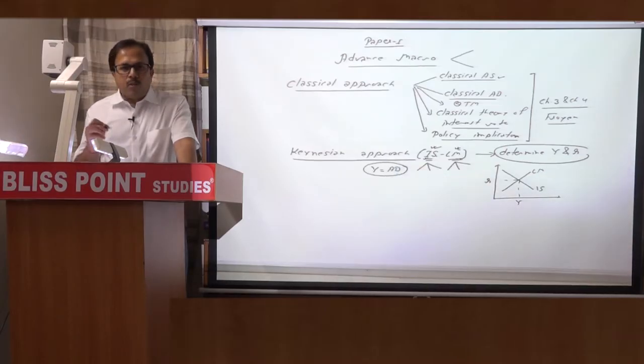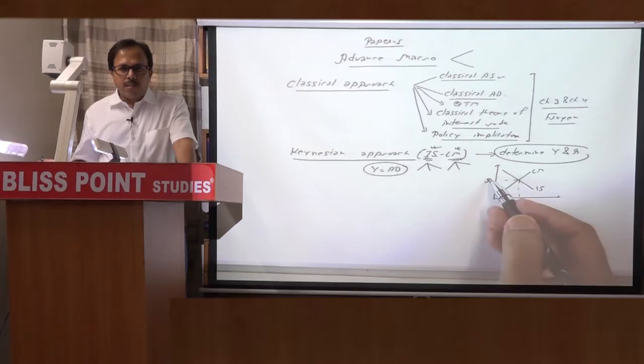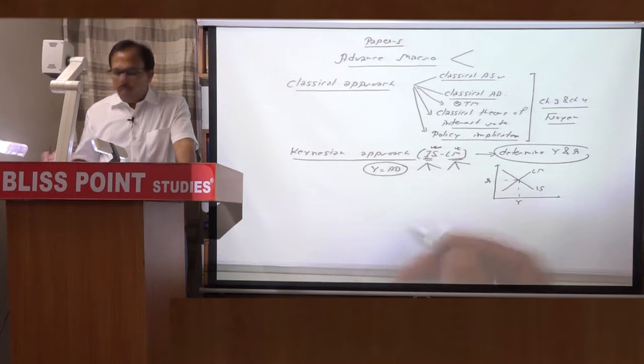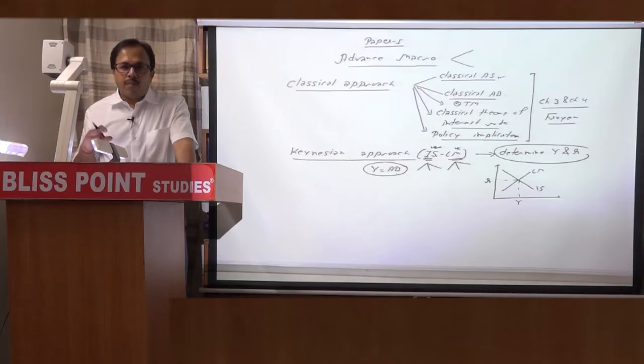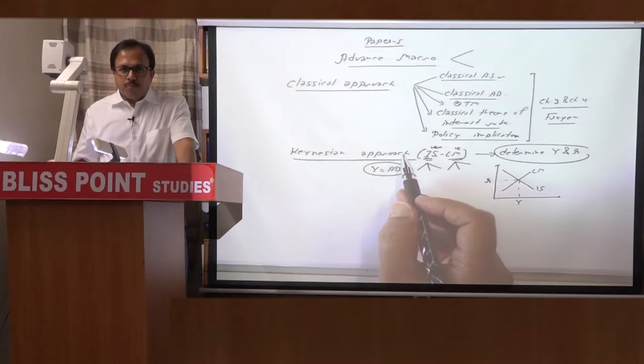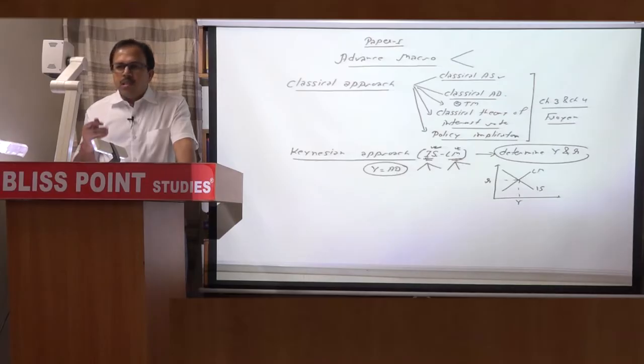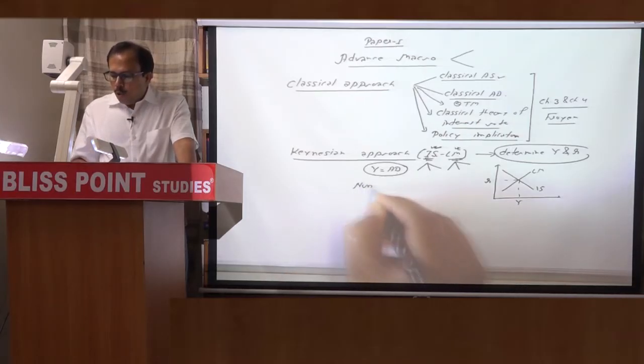What will be the effect of monetary policy change and fiscal policy change on income and rate of interest. When there are fiscal changes, it will be affecting the IS curve. When there are monetary changes, it will be affecting the LM curve. But either way, we have to determine in which case policy is effective, in which case it is not effective, in which case it is less effective, in which case it is more effective. So the Keynesian approach mainly involves the tool of IS and LM, plus there is the concept of crowding out and liquidity trap, a frequently asked question we can say, and also one or two numerical parts,